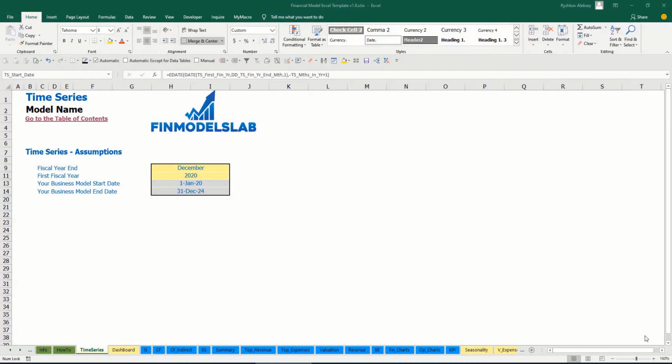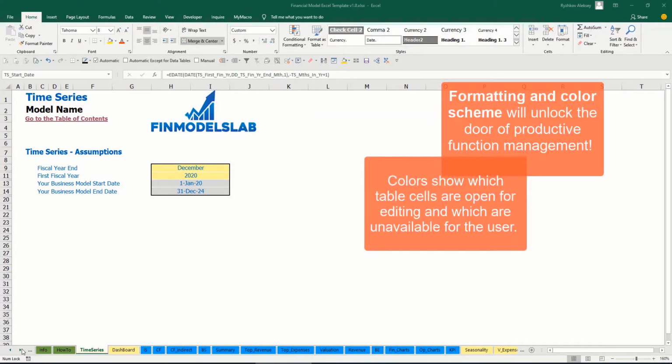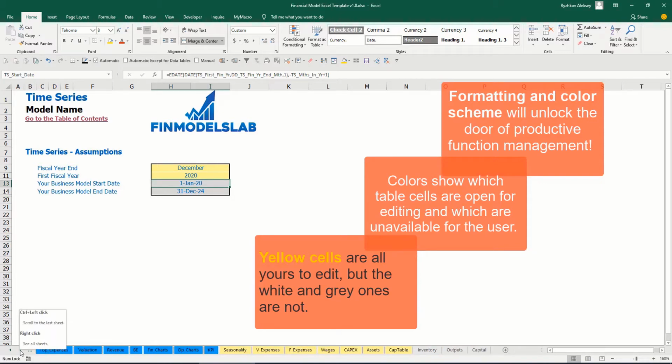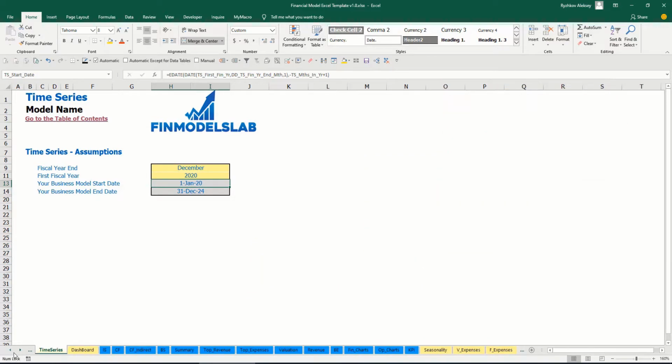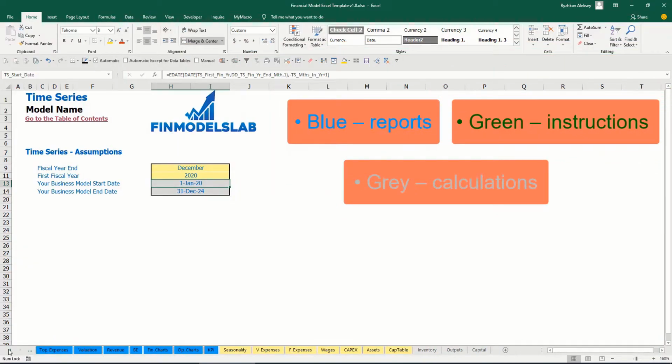The color coding in the model is very simple. You may change any yellow cell in any yellow sheet within the model. This means that this yellow cell has some input, assumption or driver which impacts the calculation within the model. Blue sheets means that on these sheets there are some charts, reports and other information which can be useful for